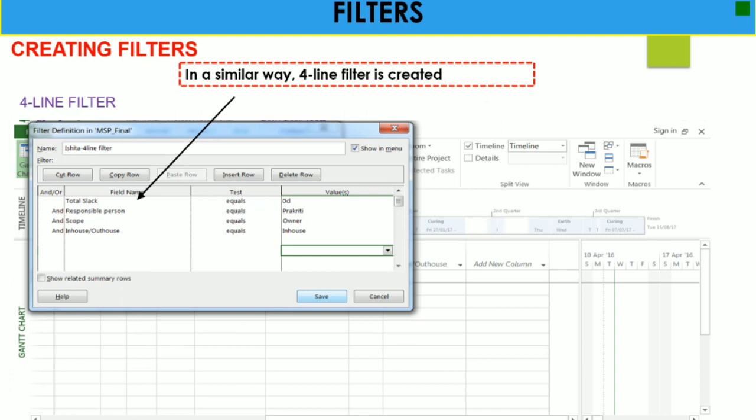In a similar way, you can also apply a four-line filter that includes total slack, responsible person, scope, and in-house or out-house consultancy.